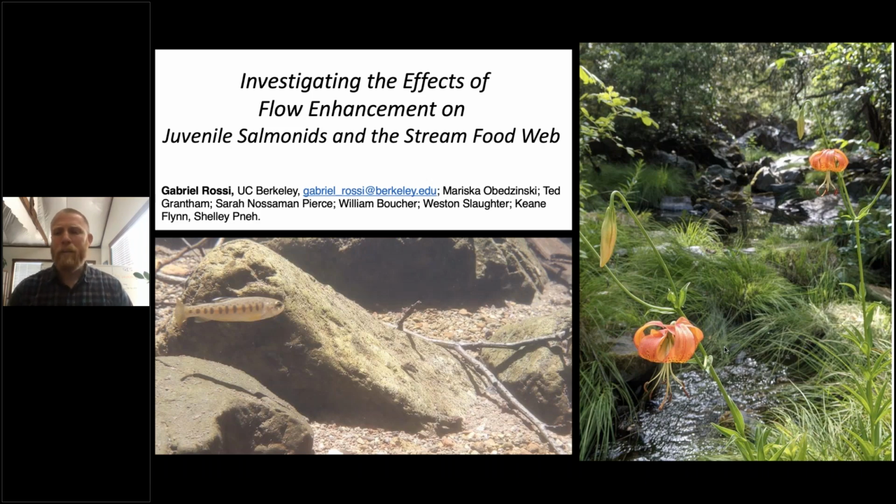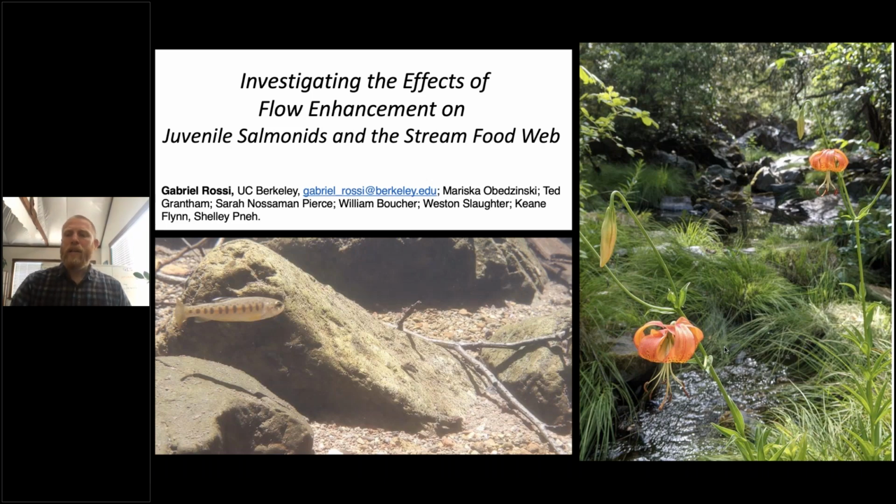But what I'm going to talk about today is some work on flow enhancement. And so when I talk about flow enhancement, I'm talking about work where conservation groups and researchers and allies are working to augment stream flow in these intermittent streams from off-channel pond sources. These are often agricultural ponds or municipal water use ponds, and the volumes of water for flow enhancement are much